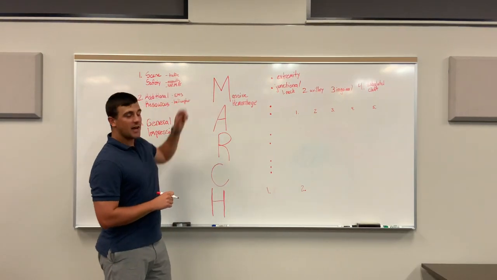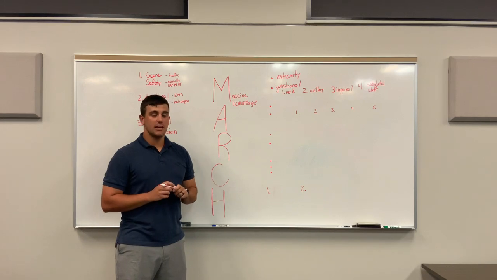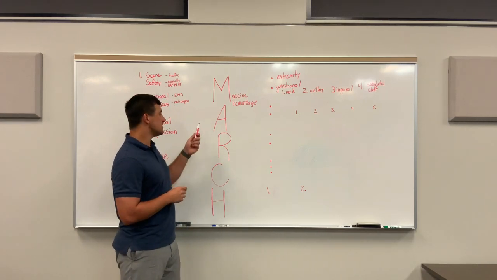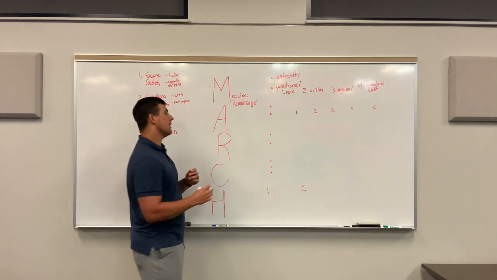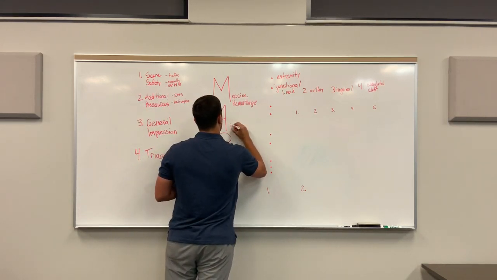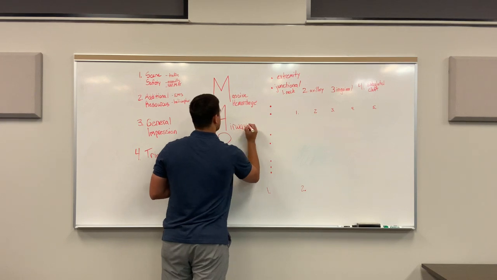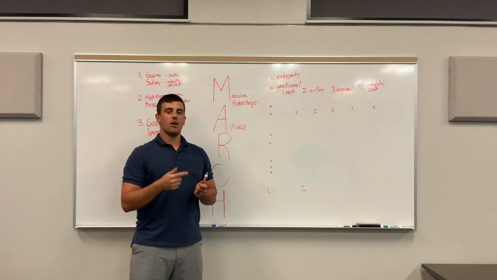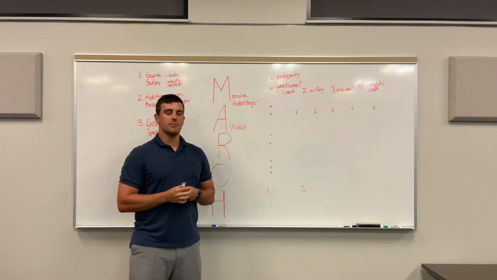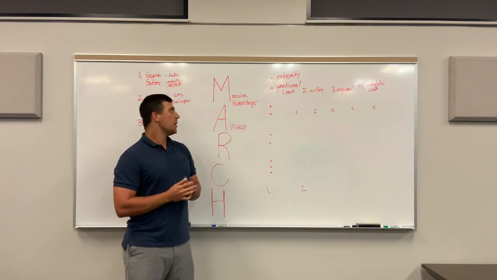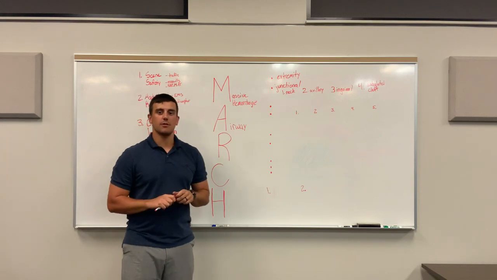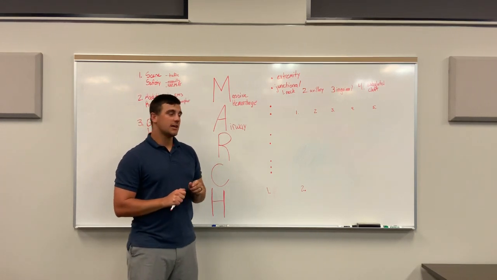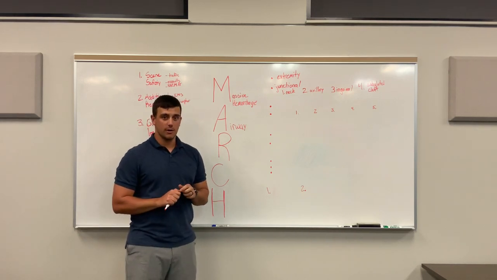So once we have moved past the M, or the massive hemorrhage stage of our algorithm, we've identified all the major bleeds and treated accordingly. The next thing we're going to move to is the A in our algorithm, which stands for airway. Managing and protecting our patient's airway. Now this stems off of the old acronym in EMS of manage your ABCs, but they didn't do a very good job of taking into account massive hemorrhage. So once we have addressed the bleeding in our patients, we now move to our airway